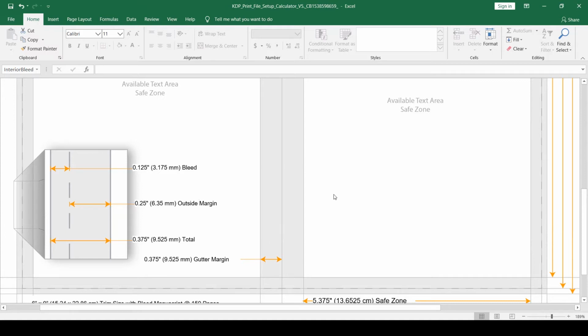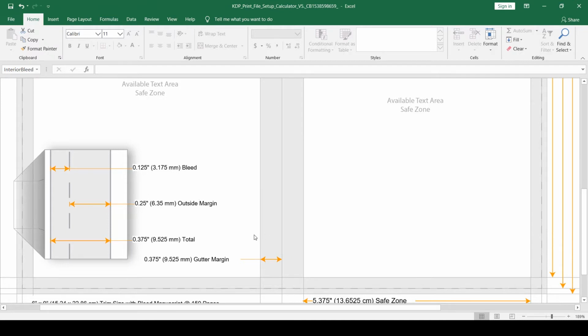Now in case you don't have Microsoft Excel, you might want to use this template on Google Docs or Google Sheets as well. I have tried that, but this particular template does not work on Google Sheets, and I have tried some other software as well, but it doesn't work on those either. It only works in Microsoft Excel. So try to use this software if you want to use this particular template. But if you don't have access to it, you can easily